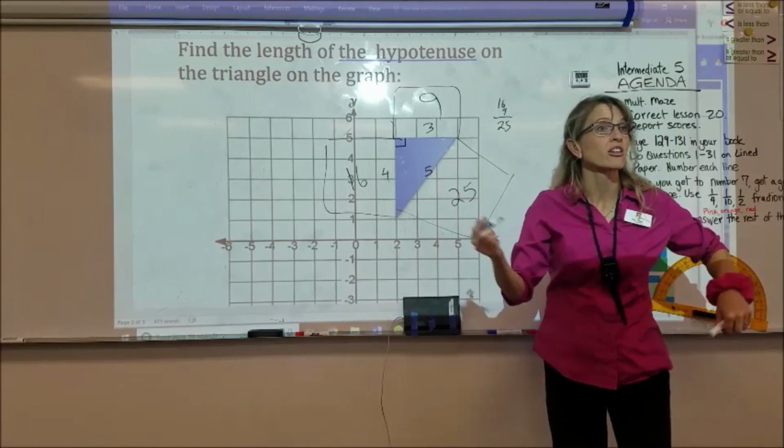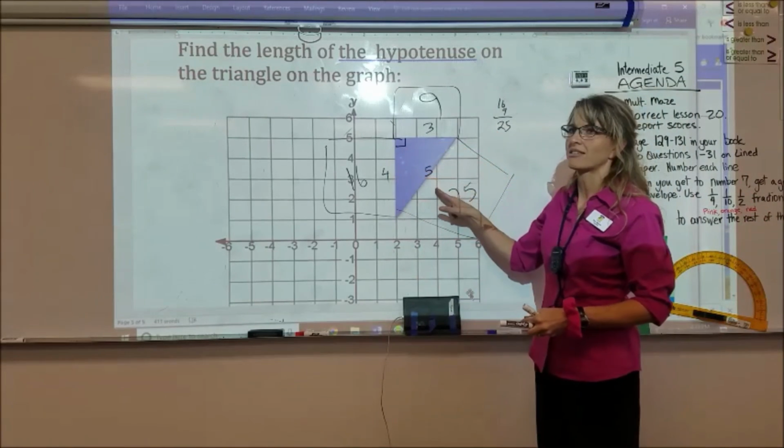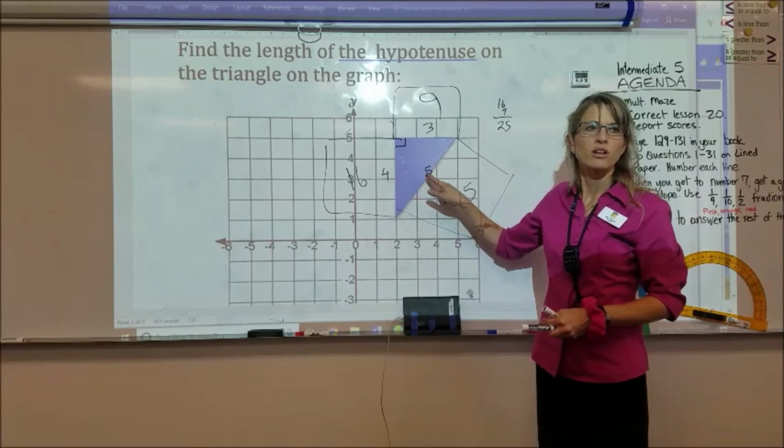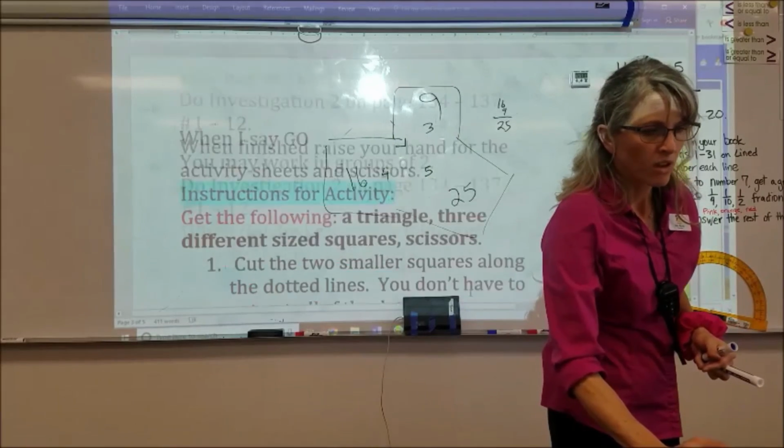3, 4, 5. It's a Pythagorean triple. It's one that we memorize. A multiple, if I blew this up twice as big, it'd be 6, 8, 10. If I tripled it in size, 9, 12, 15. But I could do that, right? Just so you guys know that you'll see that. When I say go,